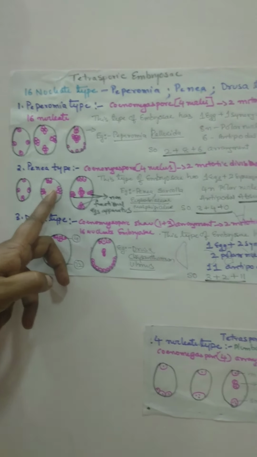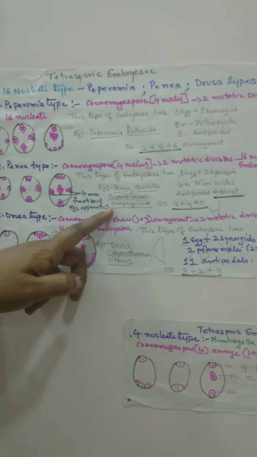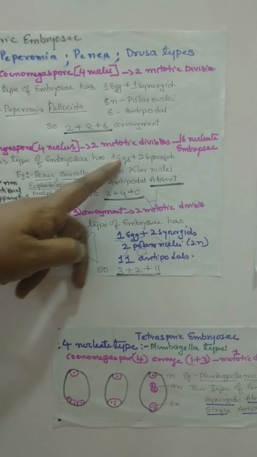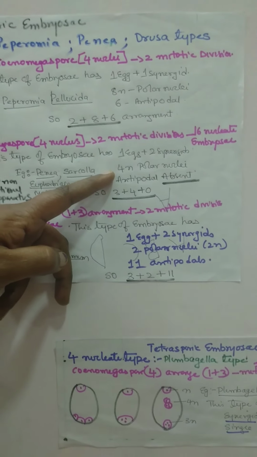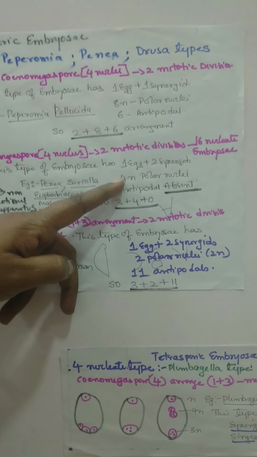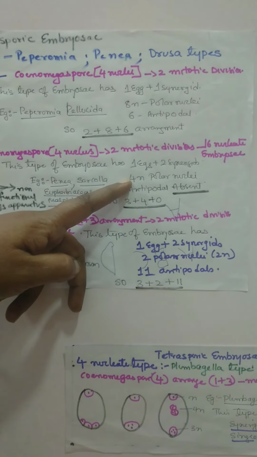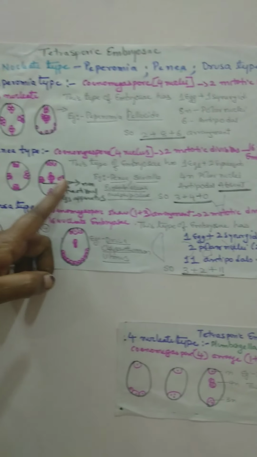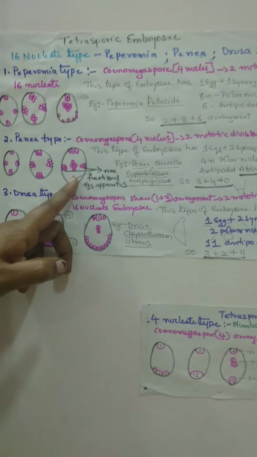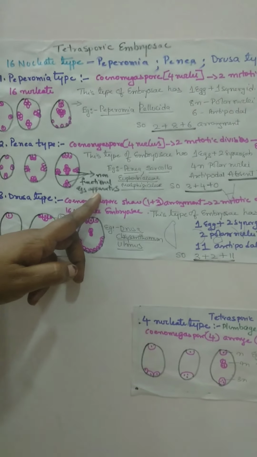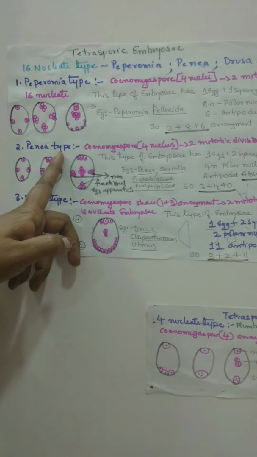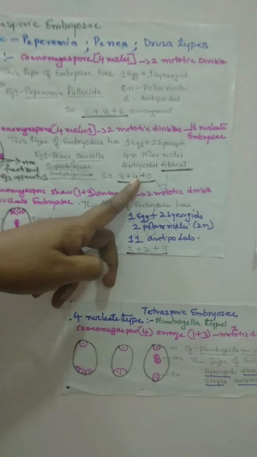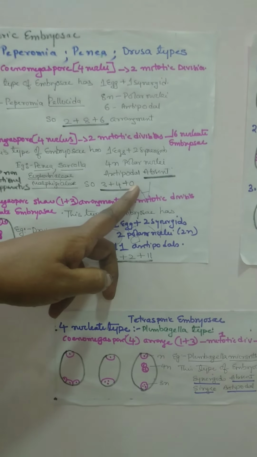So we find that in a mature Penaea type of embryo sac, towards the micropylar end the egg apparatus is found, that is 1 egg cell with 2 synergids. In the central cell we find that the polar nuclei are 4 nucleate in nature, and we find that antipodals are completely absent. A special feature is that the remnant 3 cells on the 3 corners are actually the non-functional egg apparatus. So in the Penaea type of mature embryo sac, we find 1 egg apparatus, 4 polar nuclei in the central cell, and antipodals are completely absent.